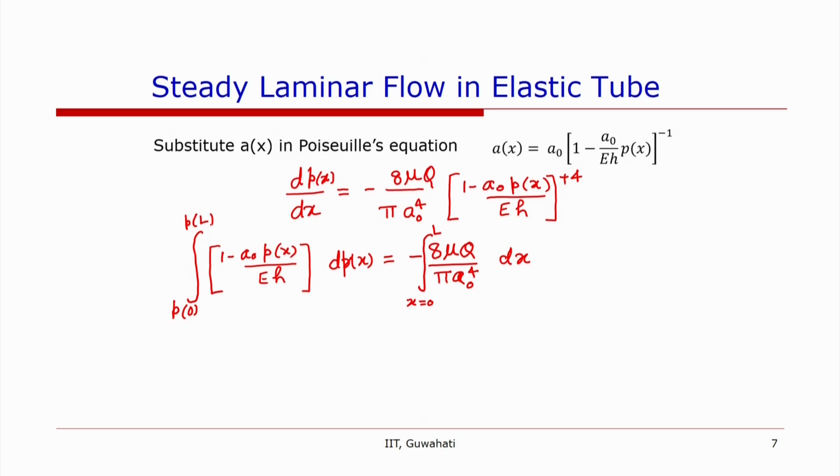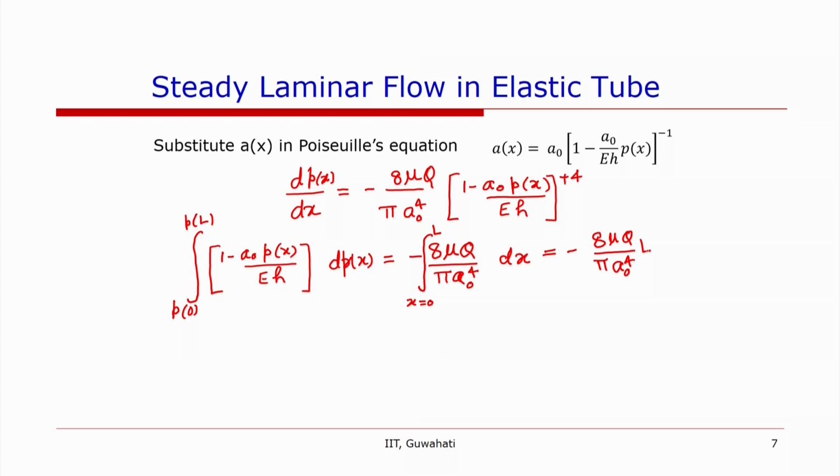So we need to know the difference between these 2 points. This will simply be minus 8 mu Q by pi A naught to the power 4 into L,